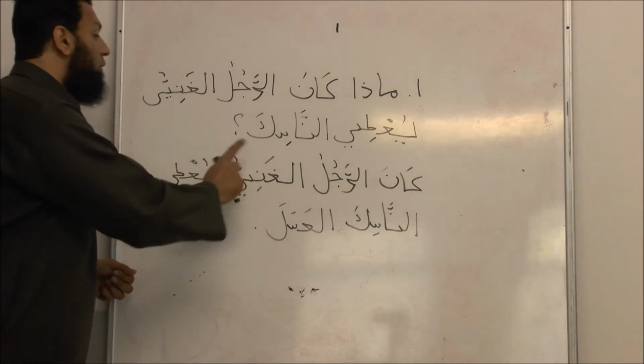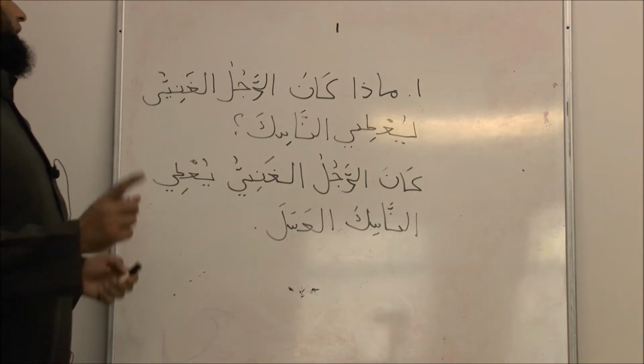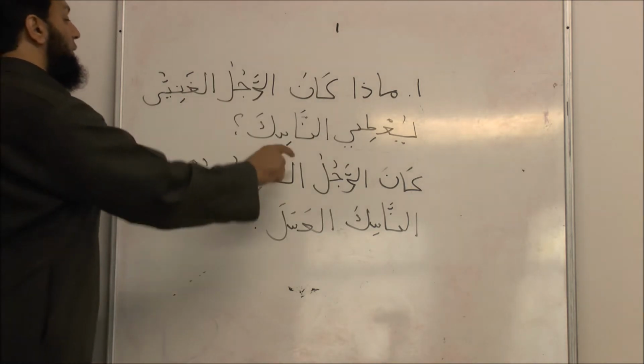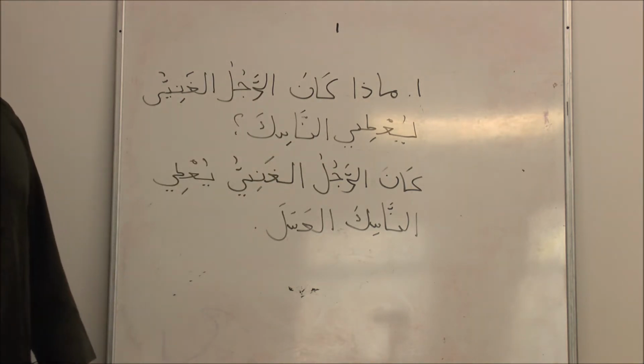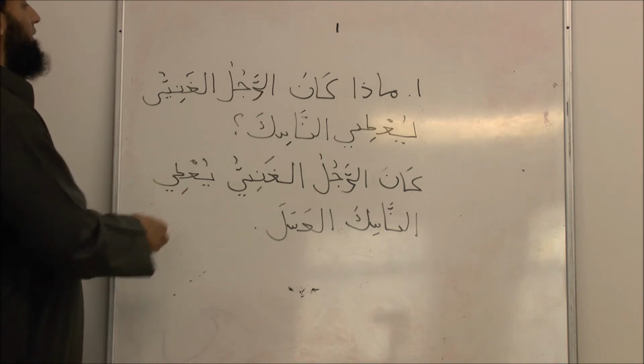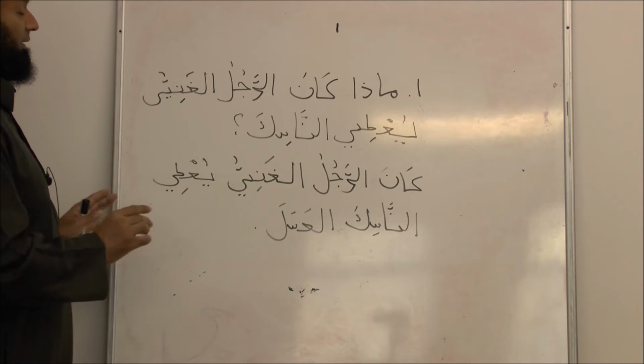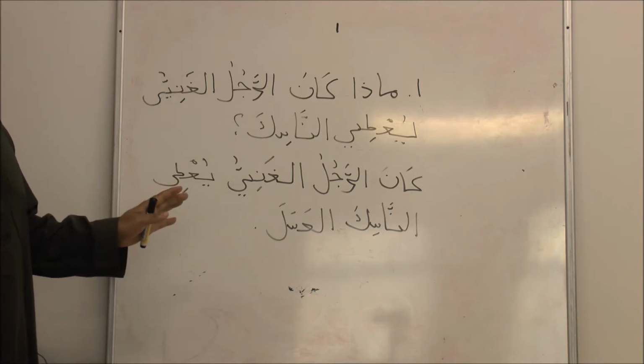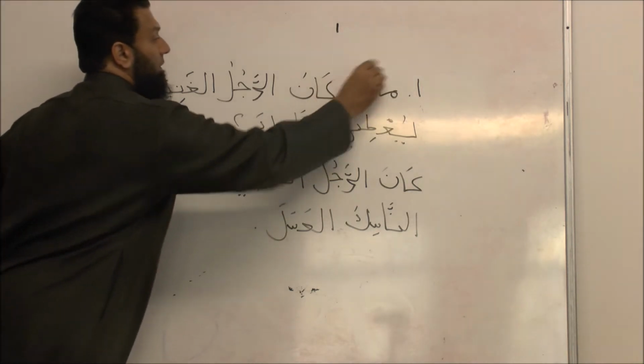So remember to always challenge yourself and ask, how do I change it for the other conjugation? So that's the first question. Any issues with that? Nice and simple, right? Right, the second one is